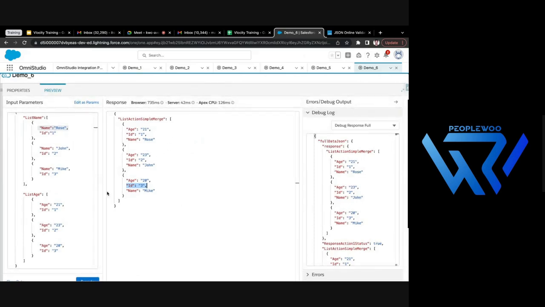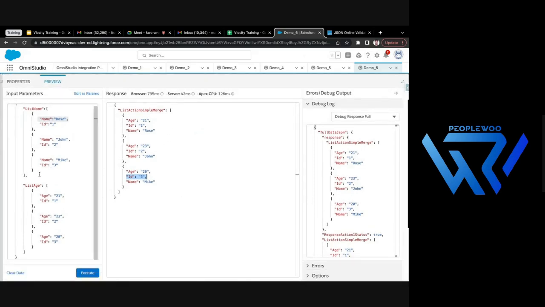Okay. Now one question arises: what if we don't have the ID in the second one? So let's try to see that. What I will do, I will just change this ID to 4. So now the name list has ID 3 and there is one record which has the age as ID 4. If I execute this,